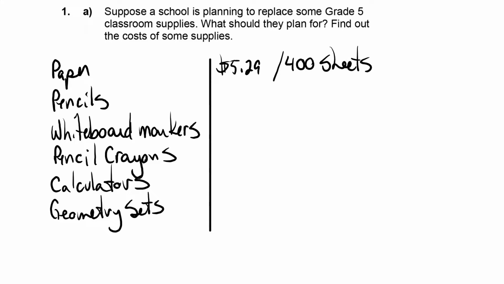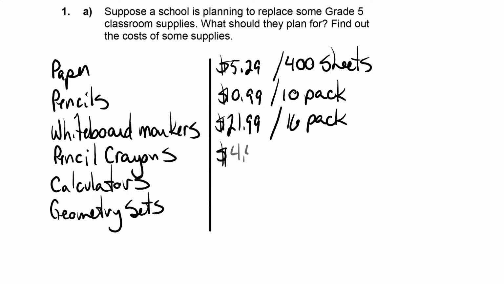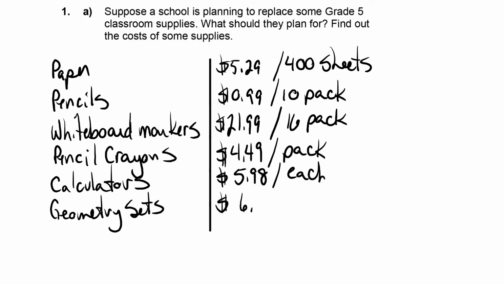And pencils, you can get a 10-pack for 99 cents. Whiteboard markers, we can get a 16-pack for $21.99. Pencil crayons, $4.49 a pack. Calculator, we can get an inexpensive calculator for $5.98. And a geometry set costs $6.99. So that gives us some idea of the kind of costs we're going to have when we set up our